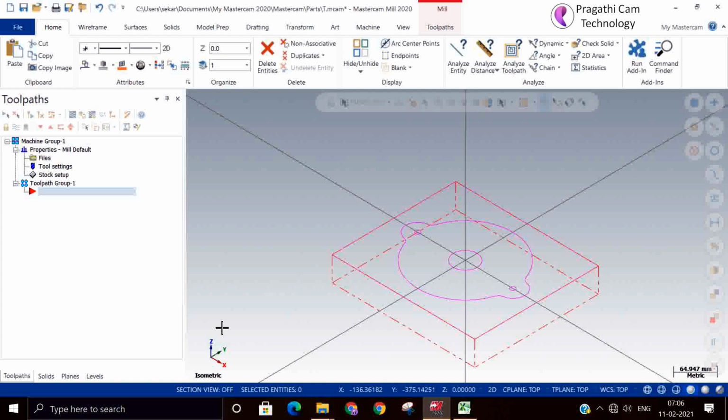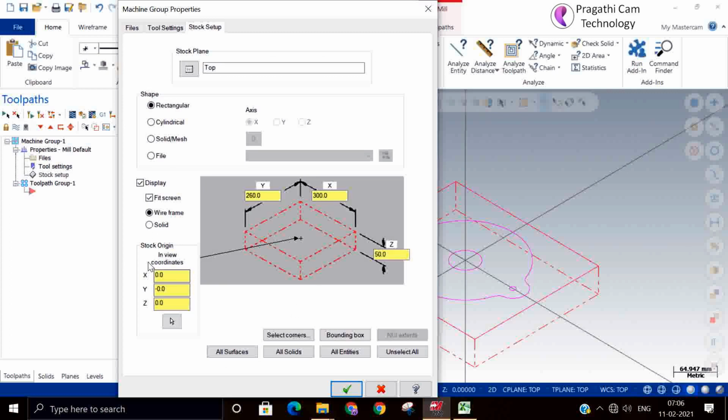If you want, we'll make one small toolbar. So we'll see here the 0. This is your Z position. Now X0, Y0, Z0 is at the top.